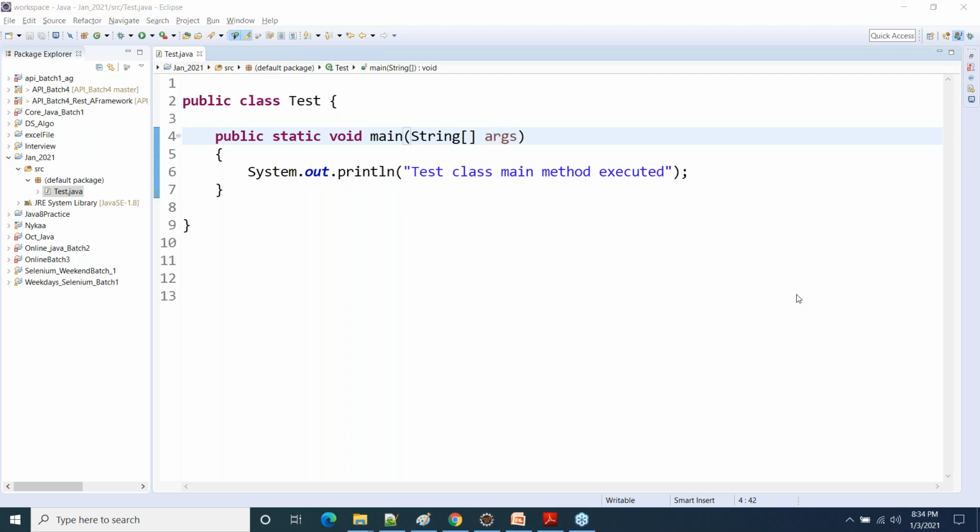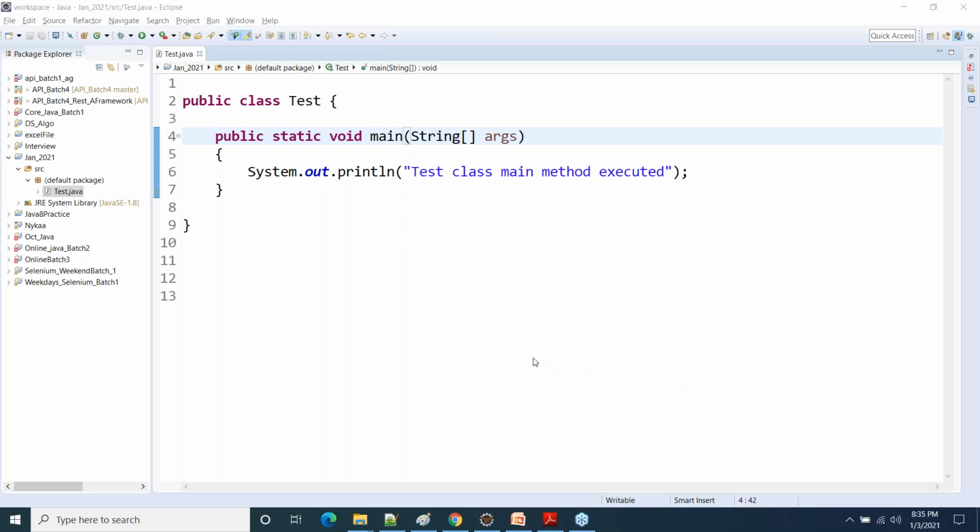Arvina is asking, Java is a high level language, so when does this bytecode come? It comes when you compile the source file. You write the code in a high level language, but when you compile it, then you get the bytecode. Is that clear?